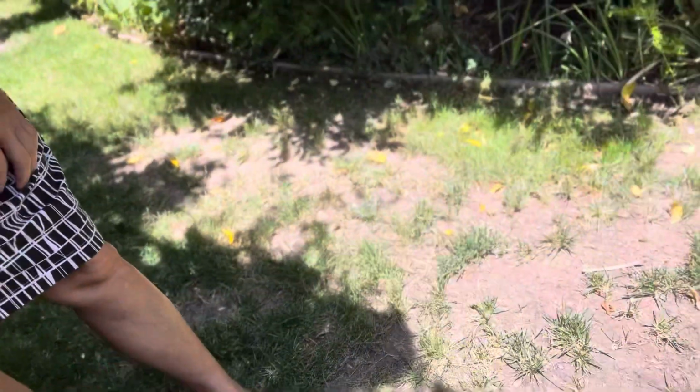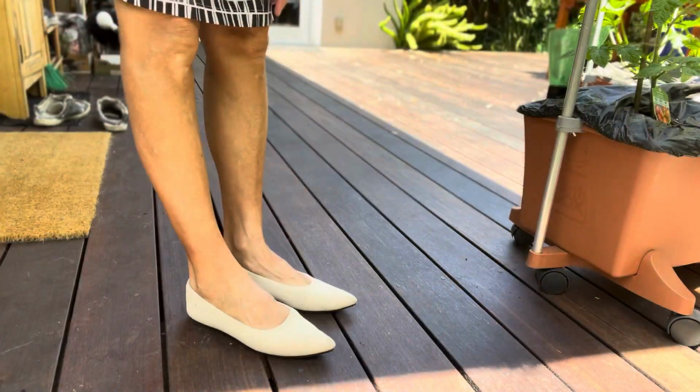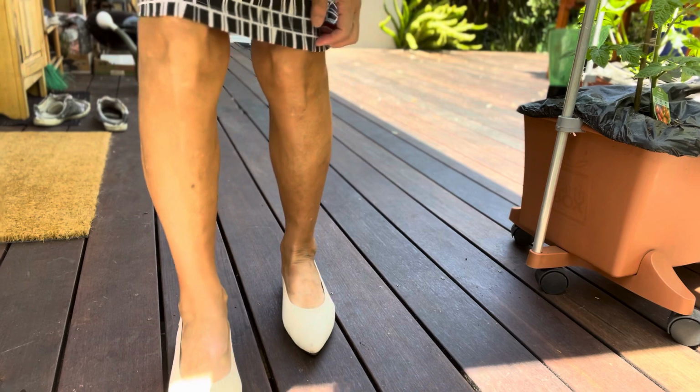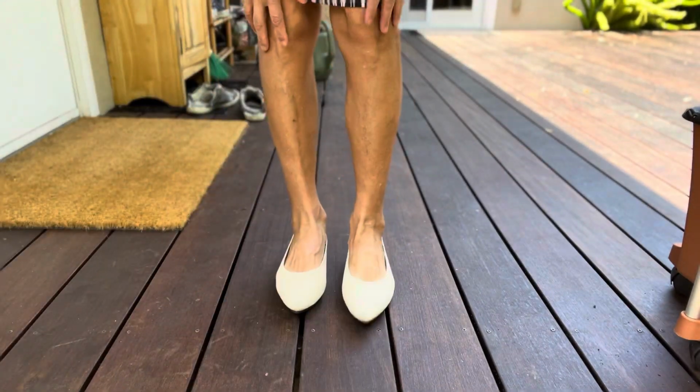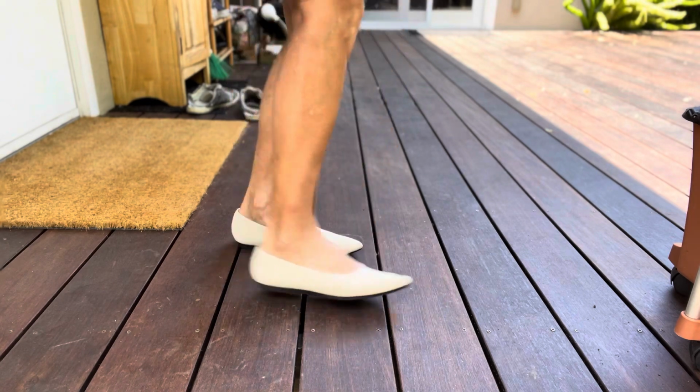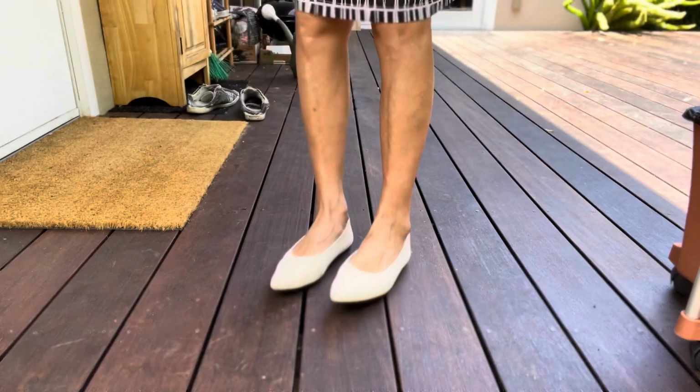Okay, here is this pair of shoes. You do not see. Okay, I will move a little bit of the camera so that you can see. So I think you can see it. This is the pair of shoes I am wearing, and it's super duper comfortable. It goes with any color, and